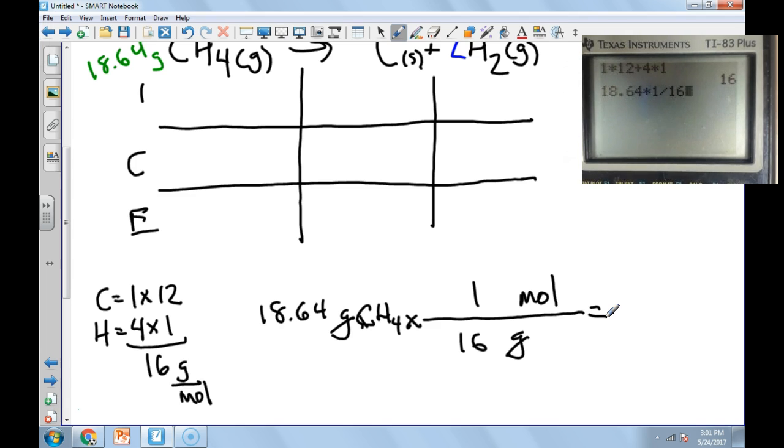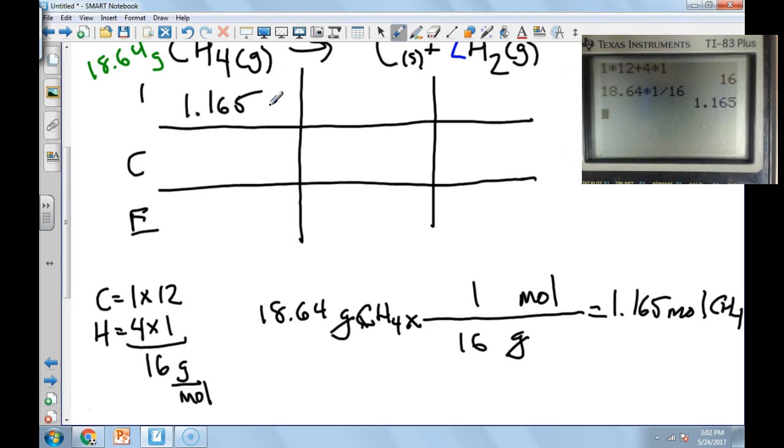Now you don't have to multiply by 1 and then divide by 16. You can just straight away divide by 16. So you get 1.165 moles of CH4. So now we're going to put that right up here, 1.165, and now we don't have to put the